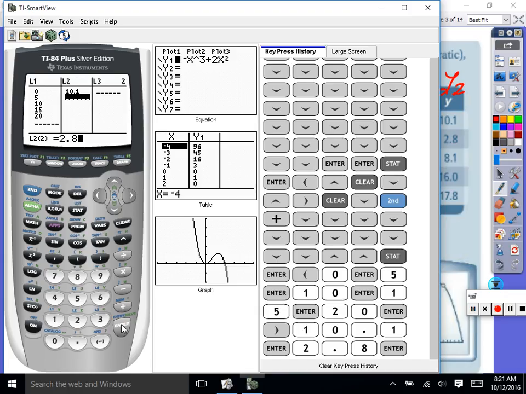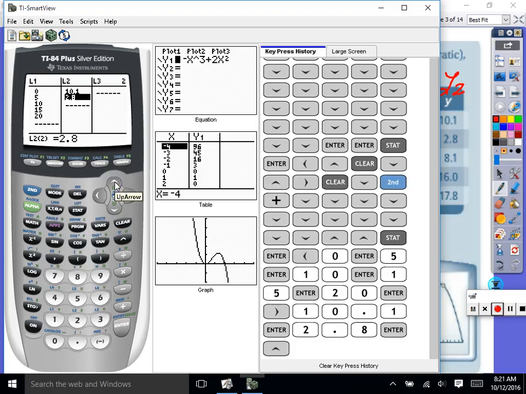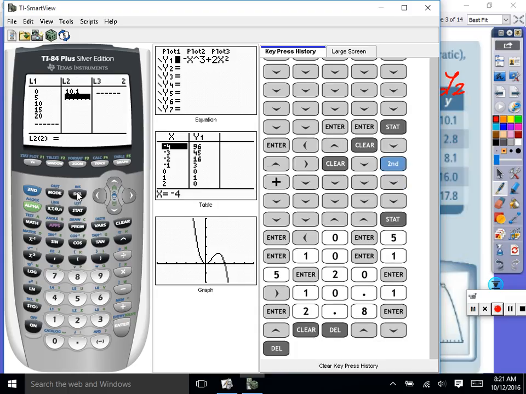Let's say I hit enter and I typed it in wrong. I go up here. I don't want to have to go retype in the whole list. Now notice clear won't work. It doesn't really work. You'd have to hit delete. And then you can scroll, right here, delete, and then it will be gone. Okay, anyways, 2.8, enter,